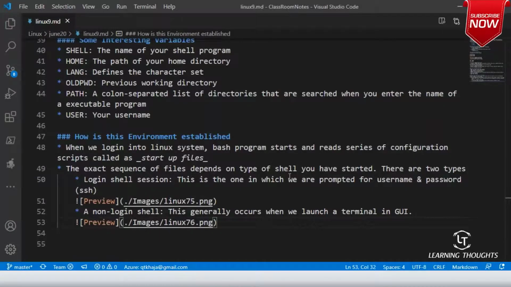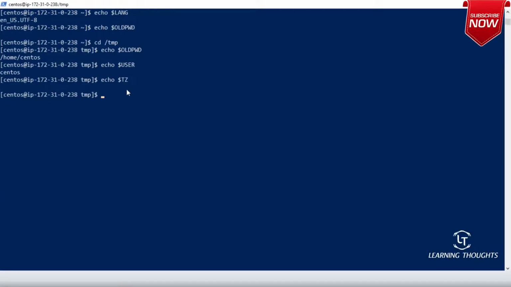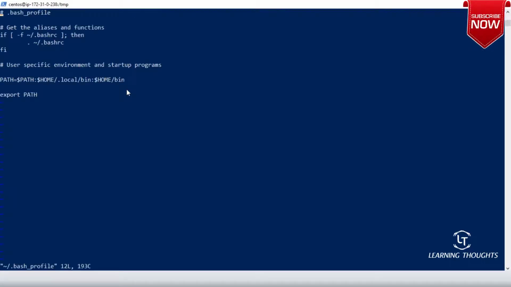Whenever we want to work on these files, we need to understand a bit about how this works. If you want to understand how this bash profile works, let me get into this CentOS machine and open vi bash_profile.